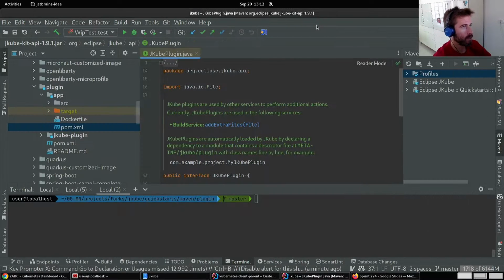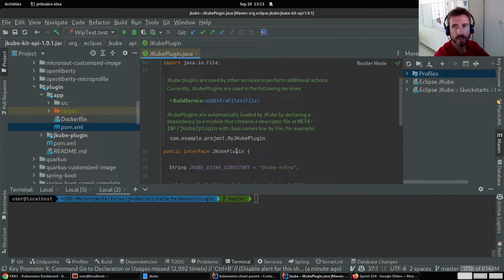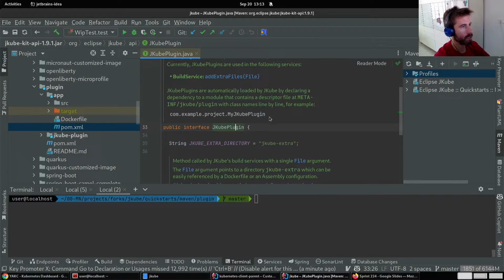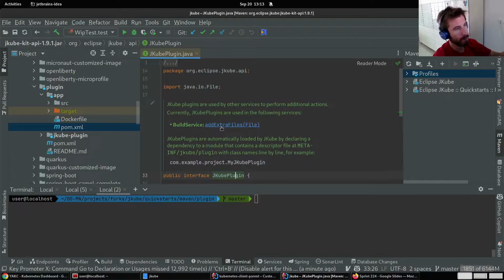Okay, so let's start by checking the new JKube plugin interface, which users will need to implement in order to provide their own plugin implementations. So basically this is an interface, and we will be adding further methods, but the only entry point we have right now is this add extra files method that will be called when